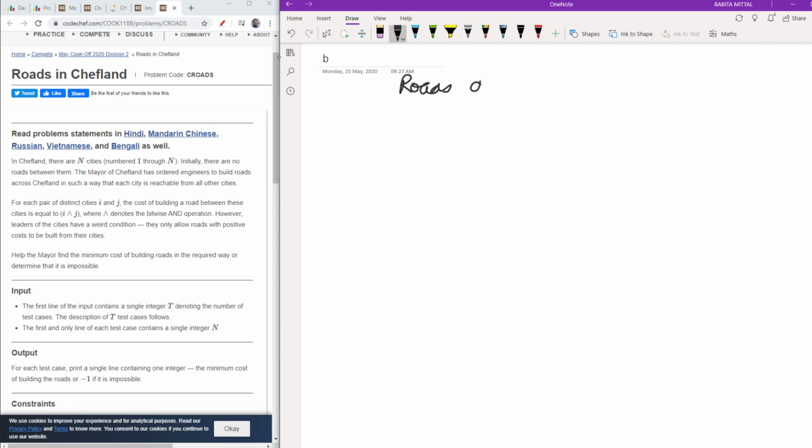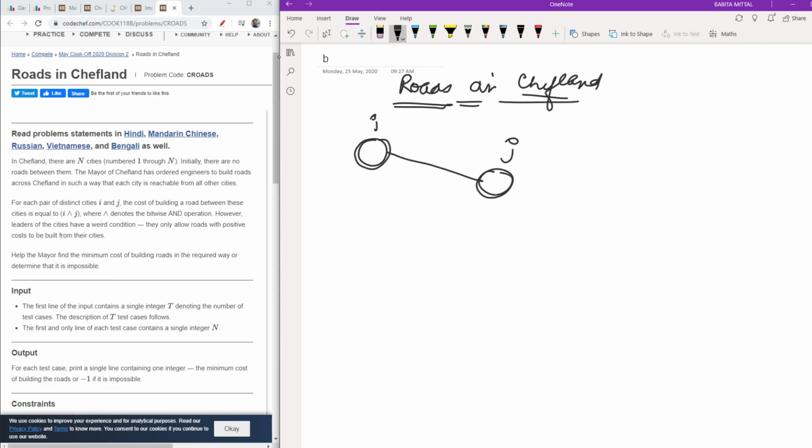In this video, we are going to see the problem Roads in Sheffland. What it actually says is that we need to build some roads so that I can move from one place to another, and it is like a tree, and the roads are made so as to obtain the minimum cost. And how do we find the cost? Suppose a road goes from node I to node J, so the cost of the road is given by I and J.